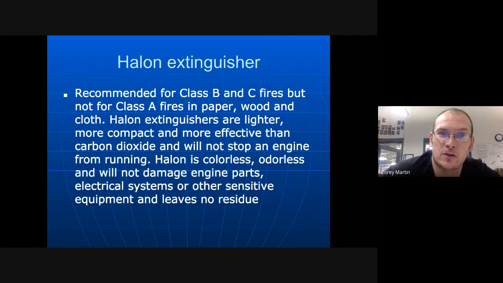So these are very, very good in office buildings. A lot of places, instead of traditional sprinkler systems, will have a halon system. So if you got an office building full of millions of dollars worth of electronic equipment, this would probably be the best option versus a water system. Same thing goes for shops. If you have a machine shop or something like that that's full of lathes and machinery that's going to be damaged by water or moisture, then halon is the best option. But again, it is also the most expensive.